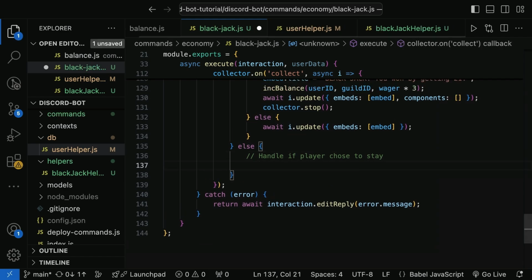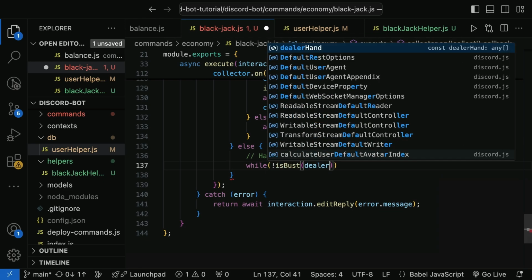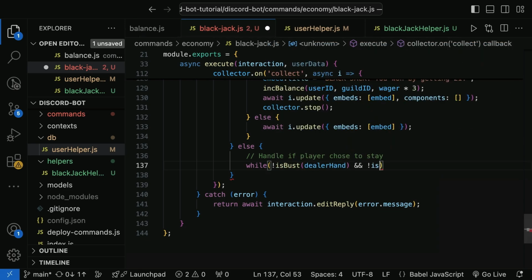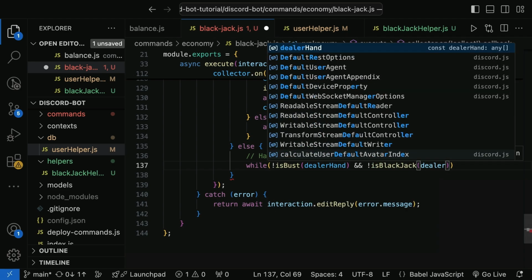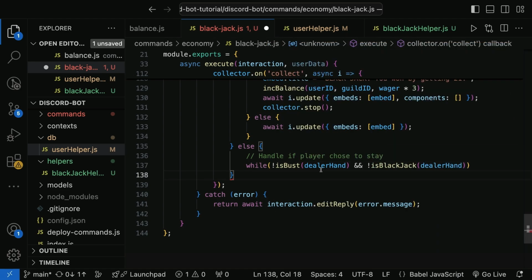So first things first, guys, we're going to make a loop, and basically we're just going to infinitely pull cards until the dealer is at 16 or over 16. So first, let's make a while loop. So while, and the first condition will be if is bust, right? So if the dealer has bust, then we want to end it. If the dealer has a blackjack, and we'll pass the dealer's hand. So we'll say while the dealer's hand is not a bust, and while the dealer has not hit a blackjack,